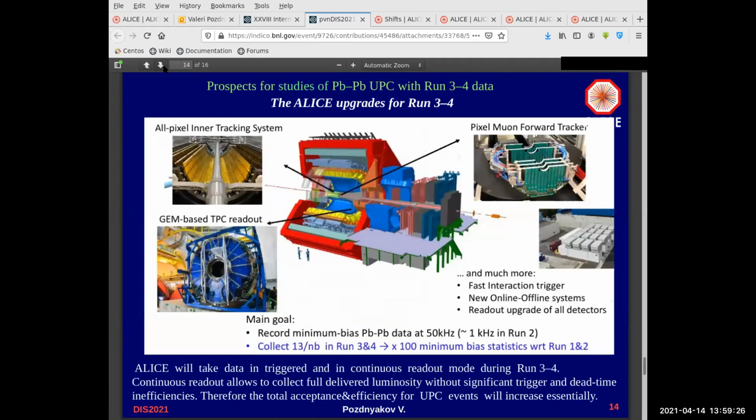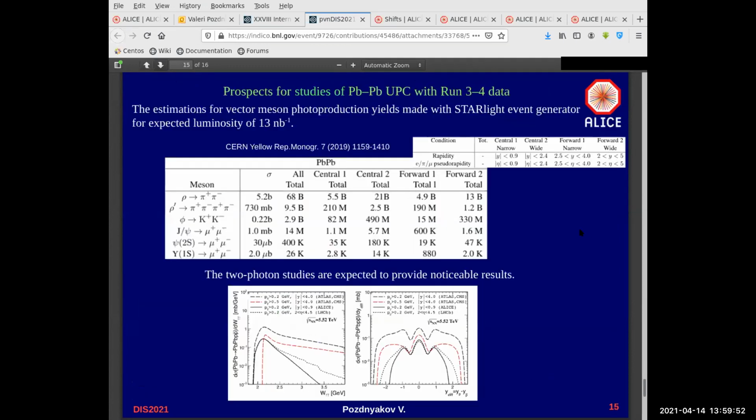So now the last slides, for our prospects to study lead-lead UPC with Run 3, which will come next year. We made an essential upgrade of the detector, which allows us to take data in the so-called triggered mode and in the continuous readout mode without any trigger. So we expect very large data samples which we can collect with Run 3 and 4. So you see, for rho-zero we expect something like 5 to 20 billion reconstructed events for different central domains and forward domains. Also, we estimated our possibility to detect proton-antiproton